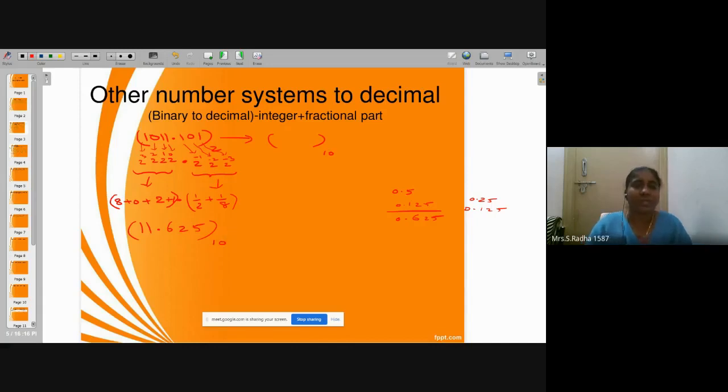I am taking an example for binary, and finally I am converting the answer to decimal. And this side, what I have written, is rough calculation. If I go to the next slide, similar